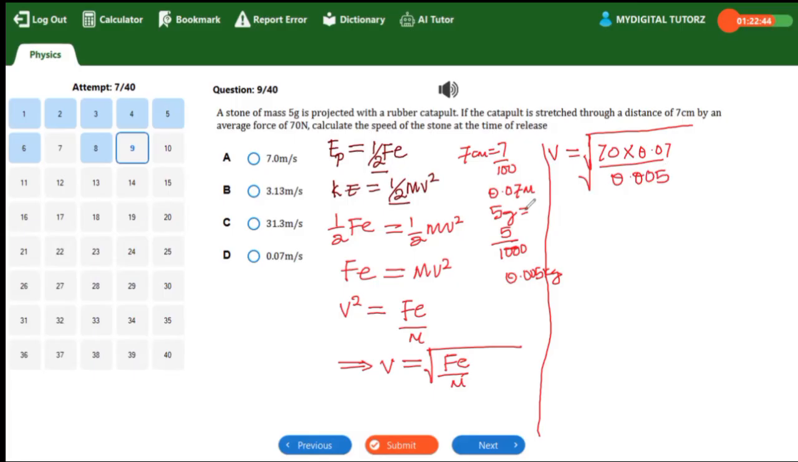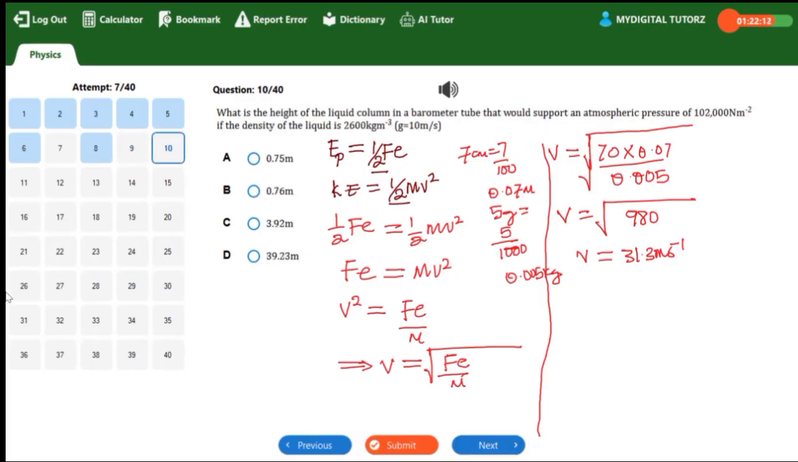So you put it into this at 0.005. After everything, we're going to have V equal to the square root of, if you multiply this and divide this one, you're going to have 980. Then find the square root of 980. That will give us 31.3 meter per second. I hope this is understood. So that is about question 9. So question 10